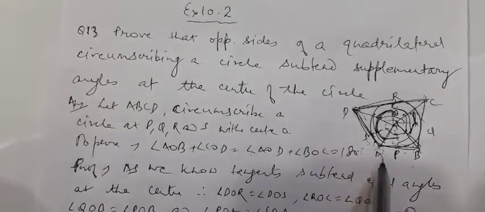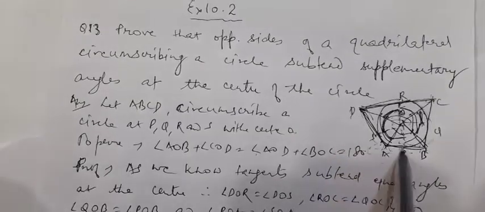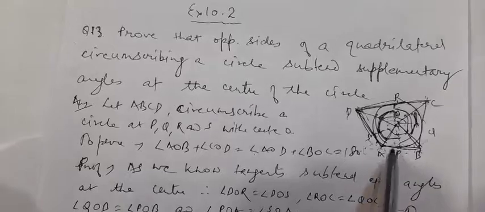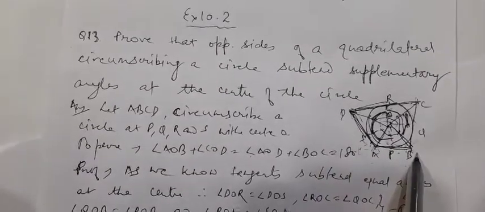Now in this way we have this quadrilateral circumscribing the circle at P, Q, R and S. So the vertices will be considered as the tangents. And